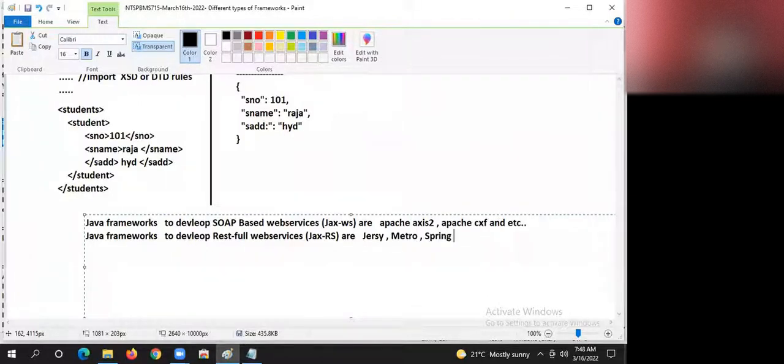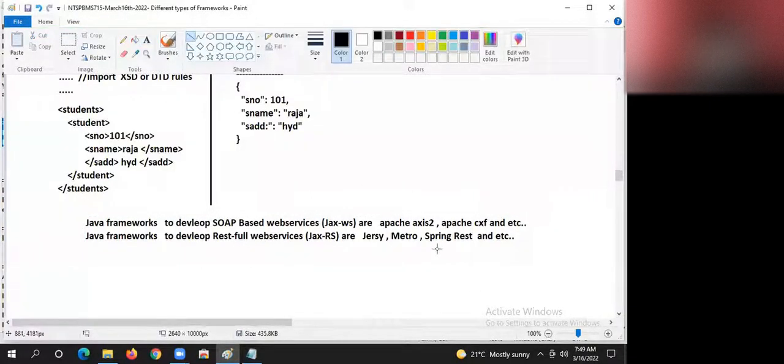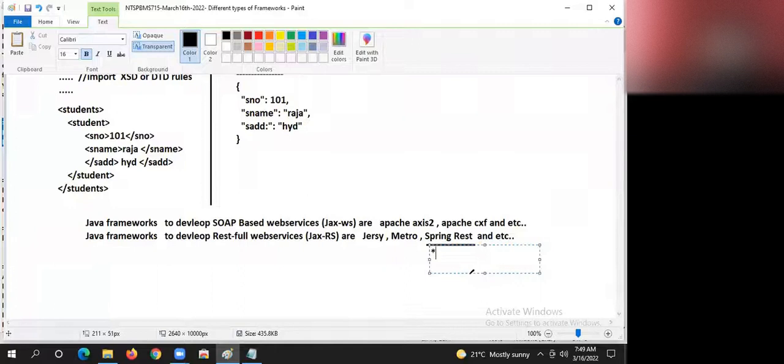We have Spring Rest, and etc. And the most popular one in the market right now is Spring Rest. Very popular. And we are going to learn this.